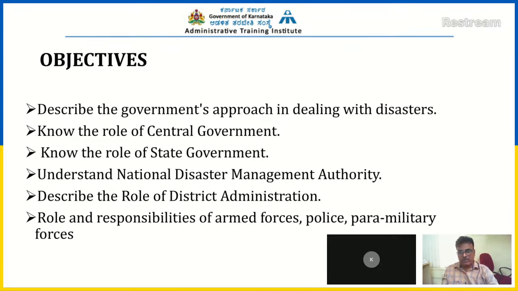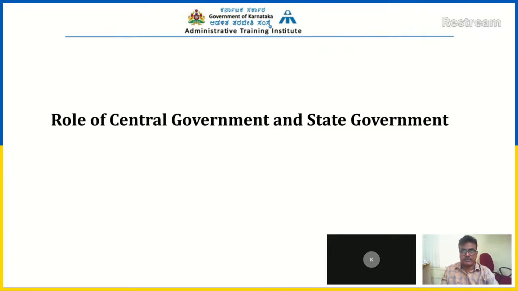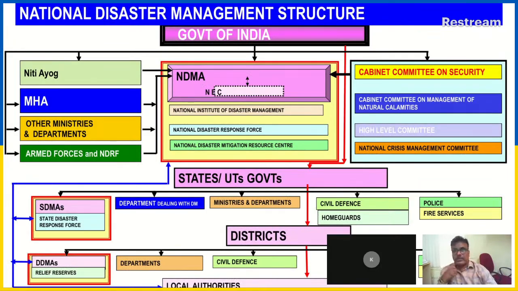Okay, I'll elaborate on that now with the chart. There is a chart which explains everything. I'll just give some examples so that you will understand better. So let us discuss the central and state government now. This chart gives everything. If you remember this chart, you can write everything. You can remember better.